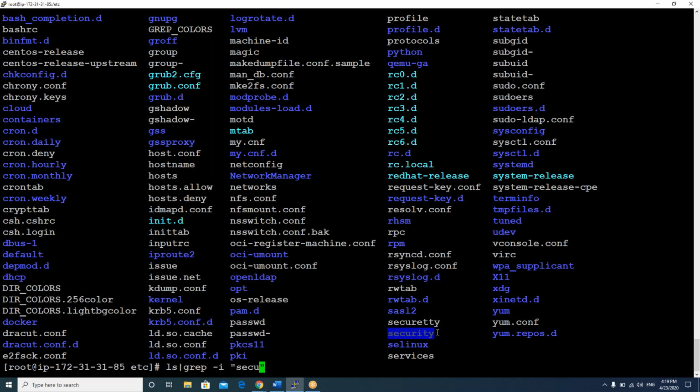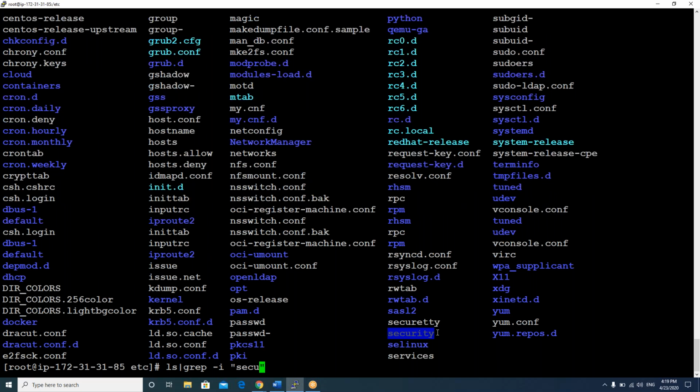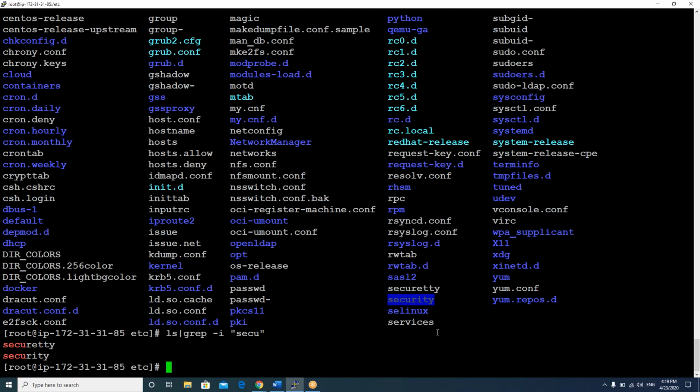In the first output, that ls output, if you see secu in any name, in any line, it will print only that line. Enter. See guys, it's showing only those two lines. That means the file is available. So this is how grep works.